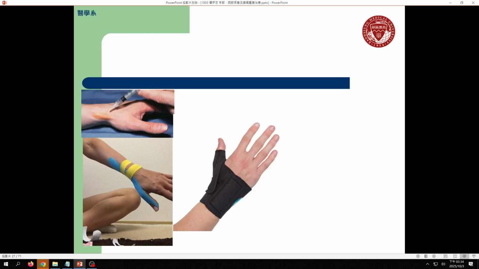Then it stops flexion, okay? That means stop what? Friction around the wrist. And then stop working of the APL or EPB, right? And once you stop the function of that, then that means